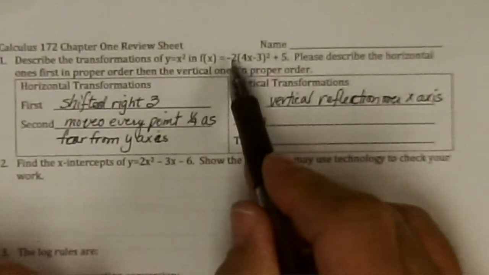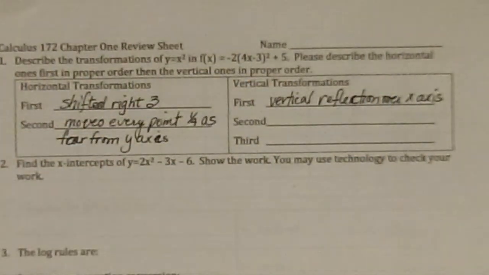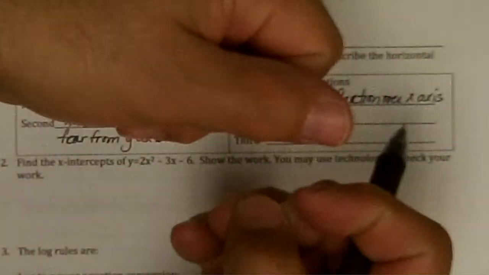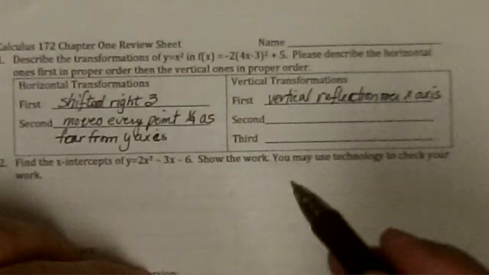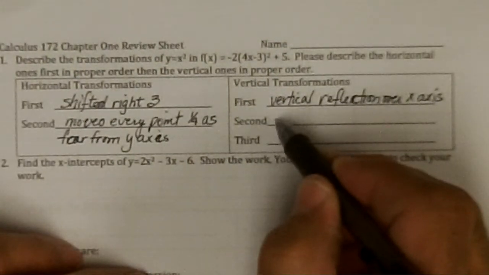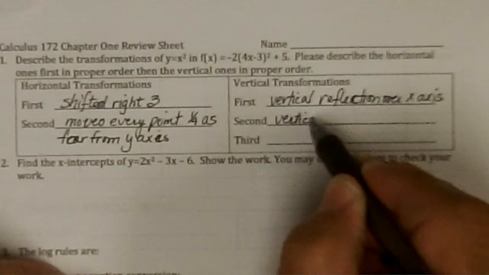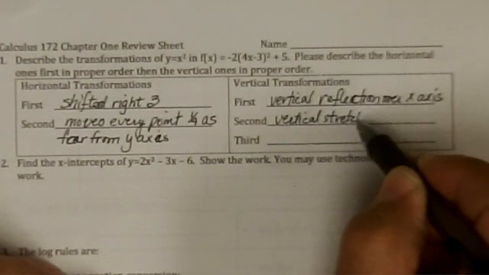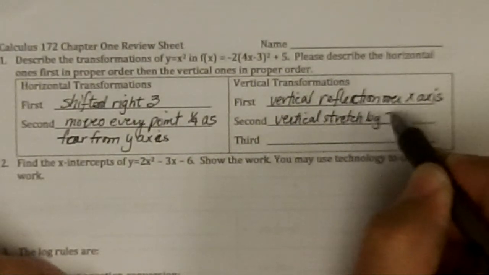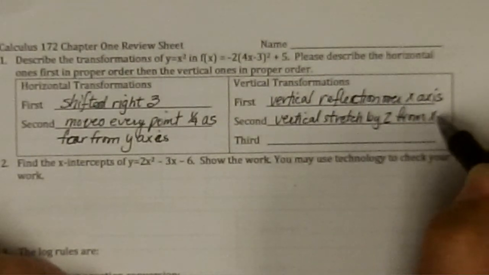And then the 2, you would think it'd make it a vertical stretch, and it does. It moves everything 2 times as far from the x-axis. The stuff that's above the x-axis will go up, and the stuff below the x-axis will go down twice as far. So vertical stretch by 2 from the x-axis,